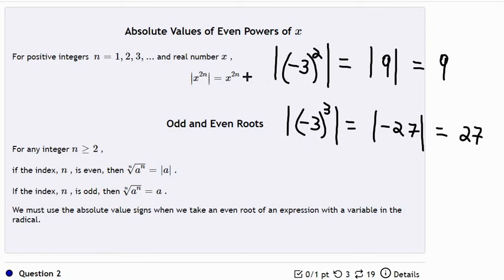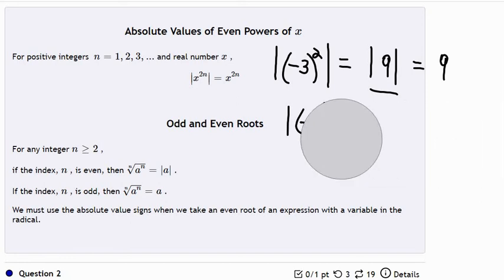So what this is saying is, in the case where the number on the inside has an even power, the absolute value doesn't matter. It's not going to change the answer. The number inside is 9 and it stays 9. On the other hand, if it's an odd power, that's not necessarily true. The absolute value of the number inside is not just going to be the same number. You have to change the sign. So the absolute value does have to do work here, while it doesn't have to do any work here. So anytime you see the absolute value and the inside of it is x to an even power, you can lose the absolute value completely. All right, so next thing,